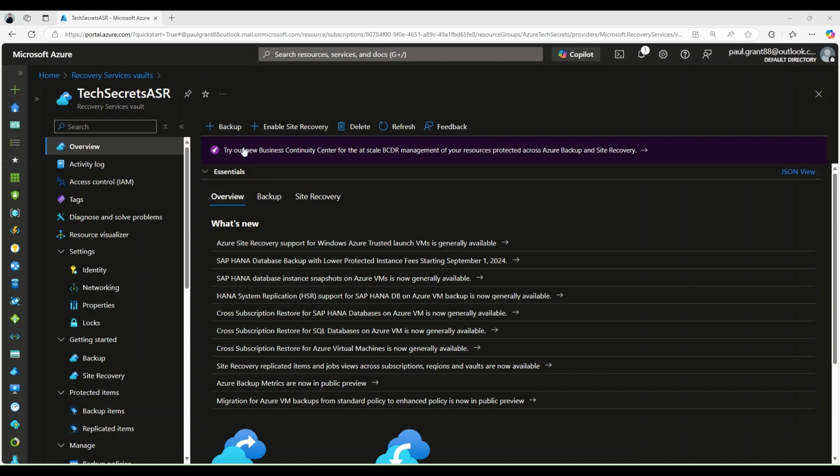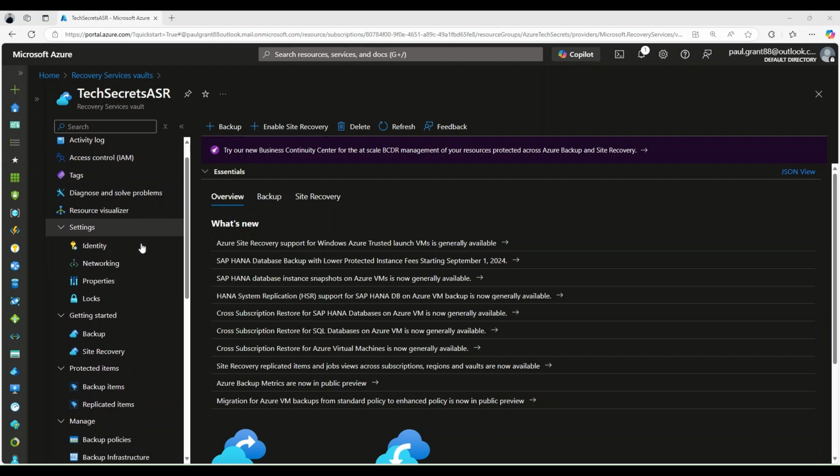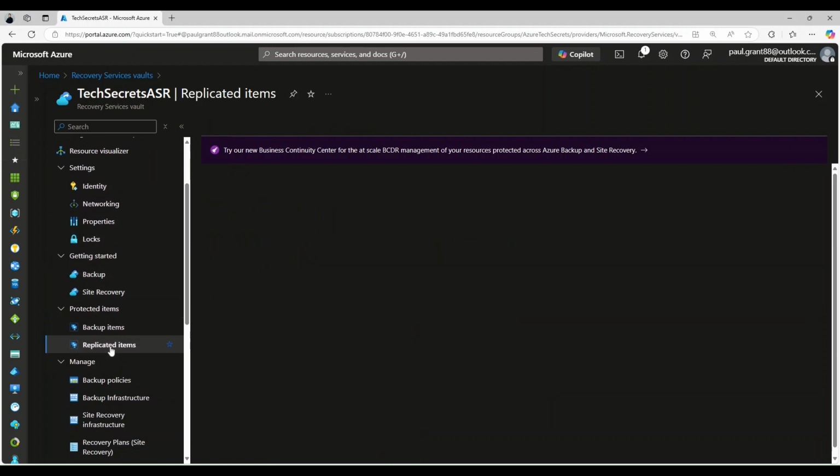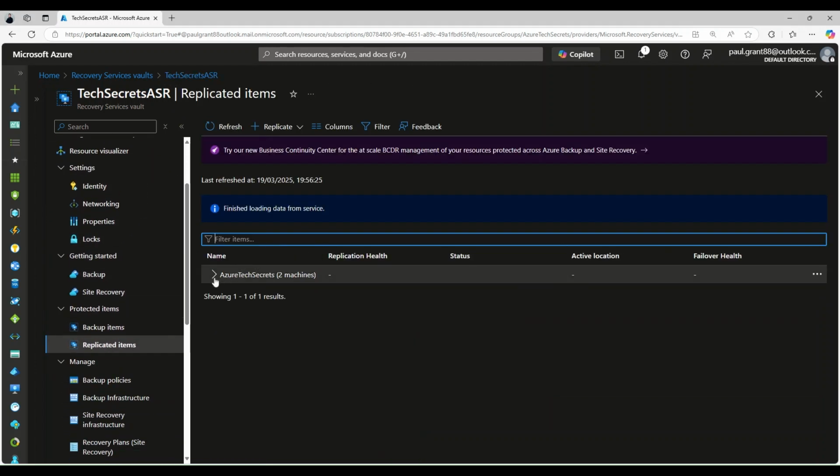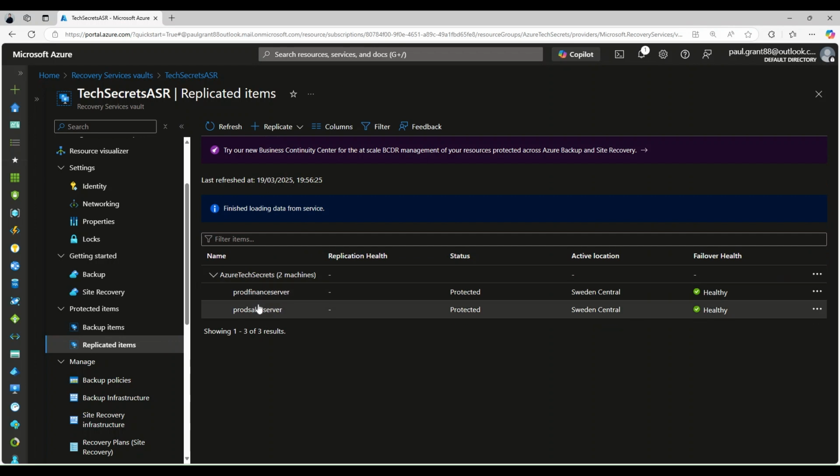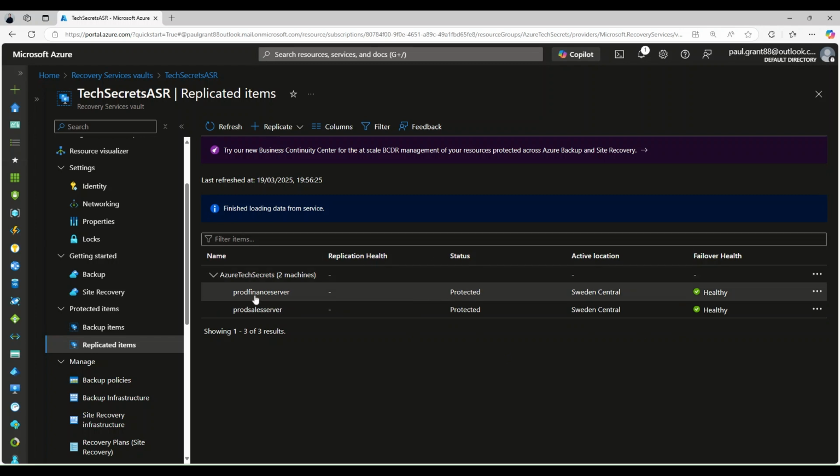Now, just in the interest of time, I've already created a recovery services vault and replicated virtual machines across to it. So if I look at my replicated items here, I have two virtual machines, my finance and my sales server, and you can see the failover health is healthy. The status is protected. So what we recommend is for users to go and do a test failover, just to make sure everything is set up, making sure the networking is correct,